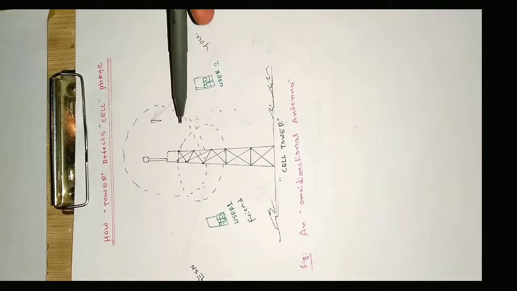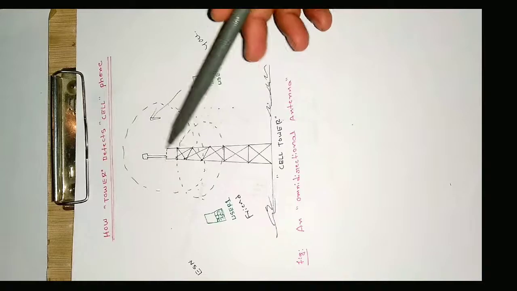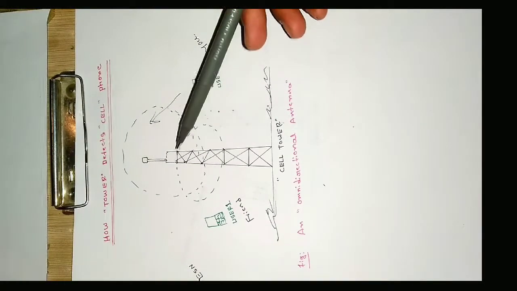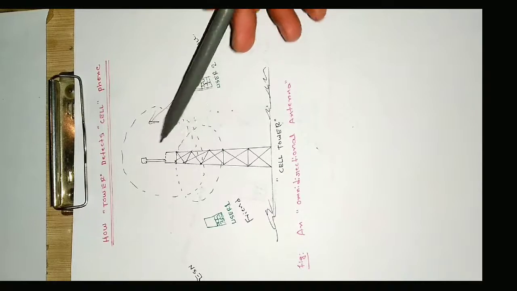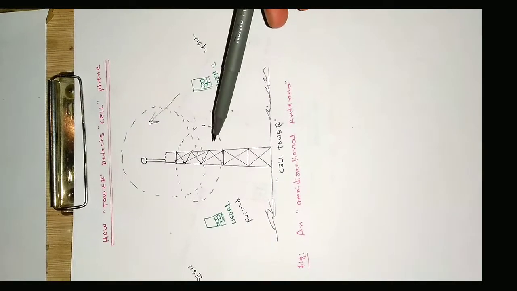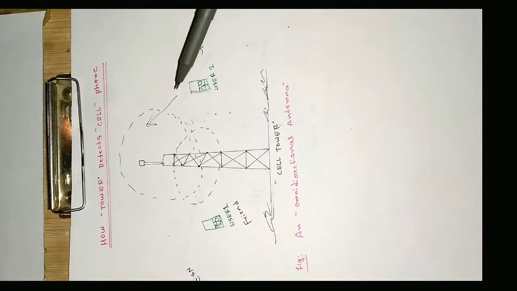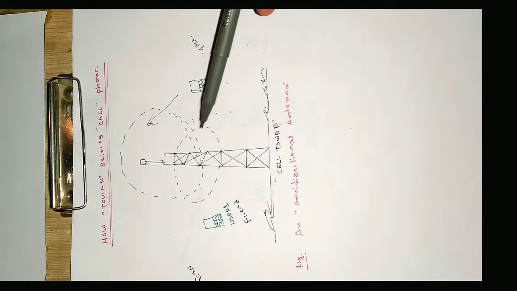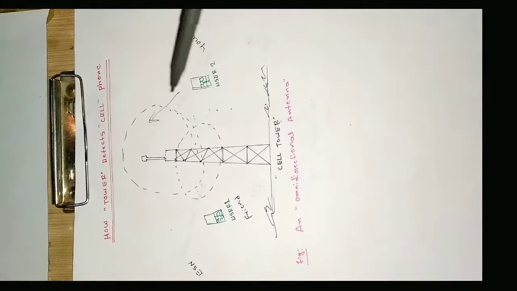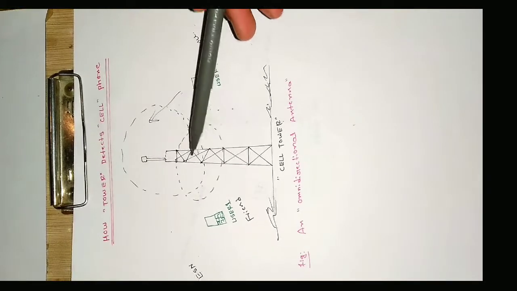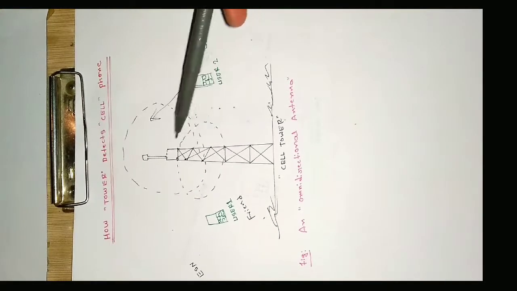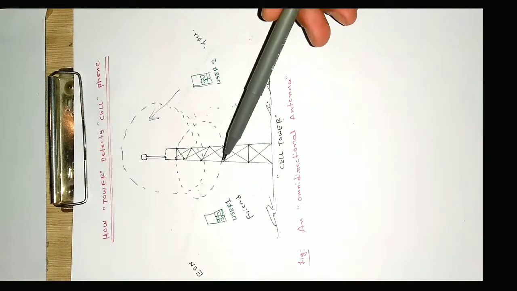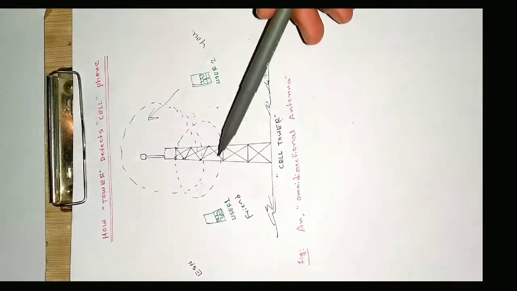At that moment, the tower will produce a signal called the pilot signal. It splits out the energy or the electromagnetic waves in all directions. This is the first case which we will be studying, and in the second case, we will study the directional beam. So first let us see this one. It will produce the electromagnetic waves or signal and split it in all directions, so that it reaches every phone or every user in the coverage area of that tower.